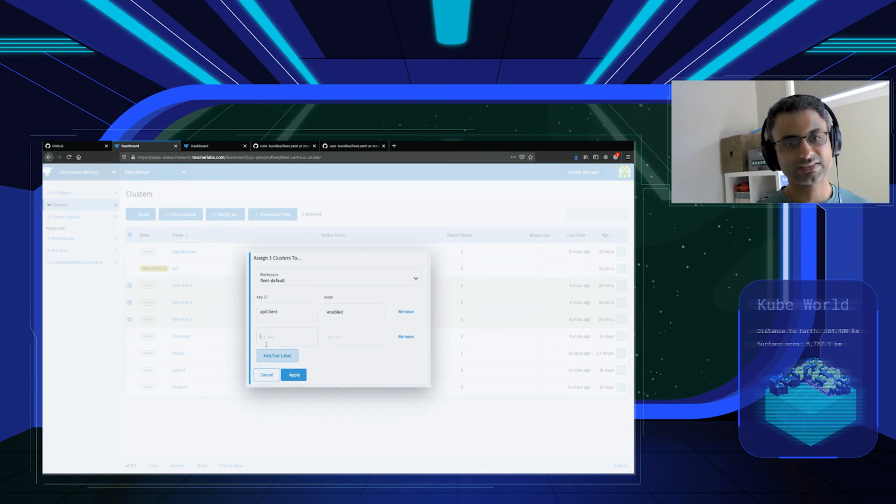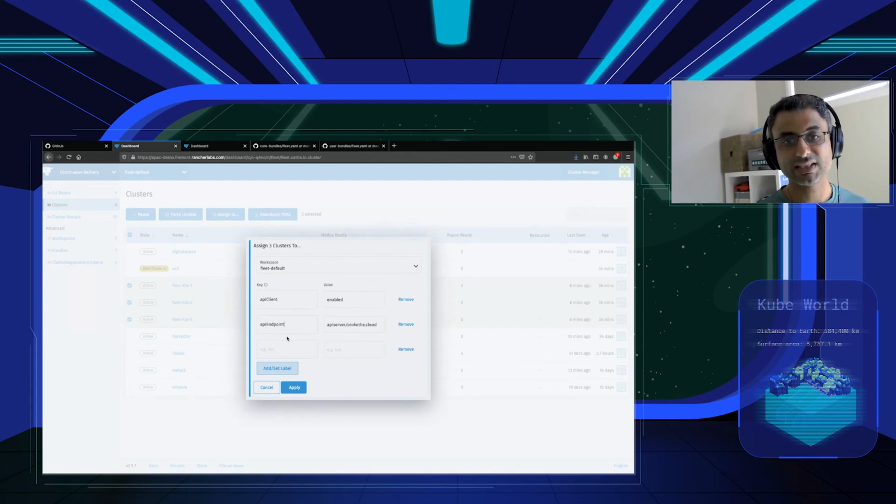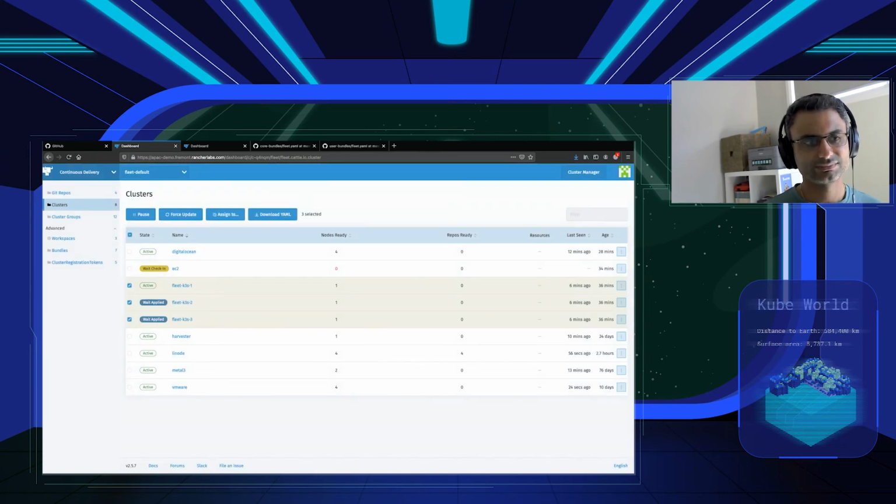I can also pass information to my Helm charts using labels. So I can use labels to pass values to Helm charts. I will also pass an endpoint of where to find the API endpoint. It's, again, pretty straightforward. The API endpoint is the label name, and this is the value where I want to send it, where my API server is listening for requests. So I'll click apply, and that triggers the addition of the K3S clusters to my cluster